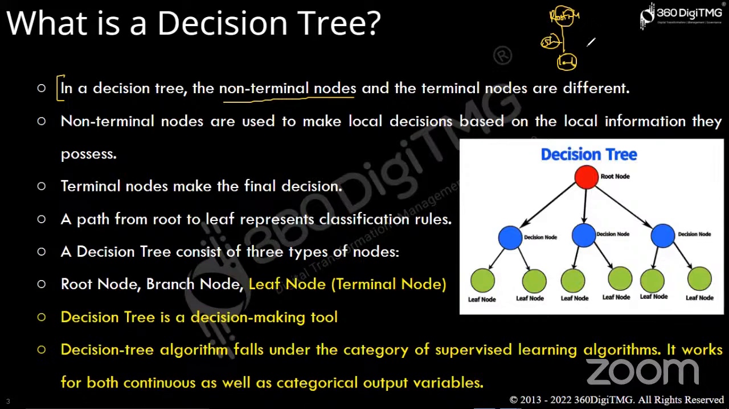So what are non-terminal nodes? The terminal node will be the leaf here, and the non-terminal nodes are stems here. Non-terminal nodes are used to make local decisions based on the local information they possess. In this picture, we can clearly see that the nodes represented in blue color are the non-terminal nodes,